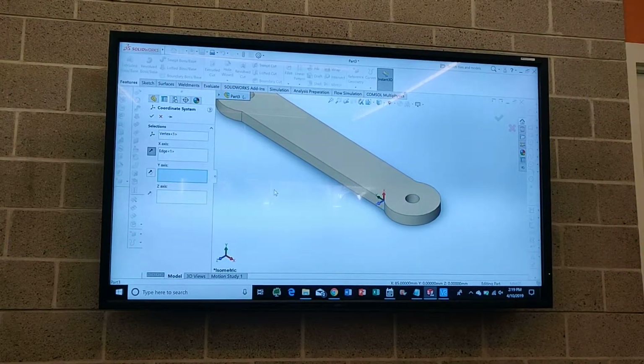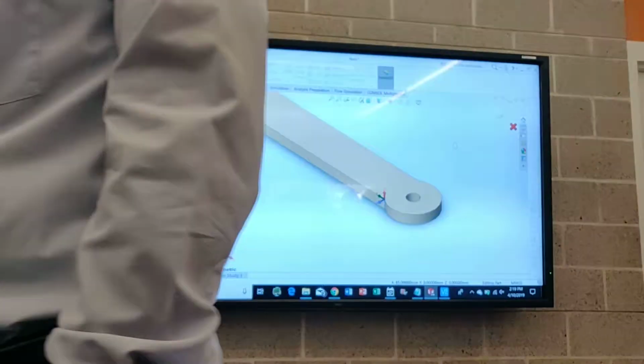Any question? How to find the mass, center of mass, and mass moment